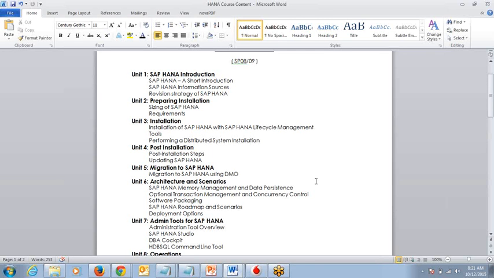And the course overview, the course contents, I'm going to show you: a basic introduction about what HANA is, what information sources are supportable, HANA sizing, HANA installation, the post-installation activities of HANA, and especially the migration. This is one of the hot topics going forward,